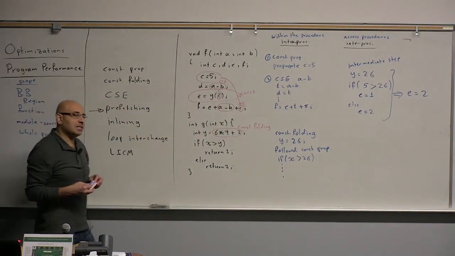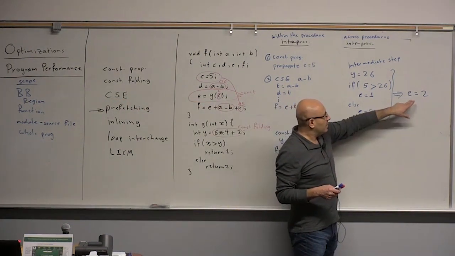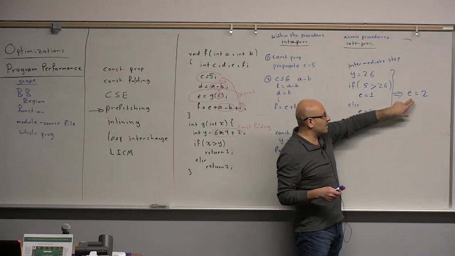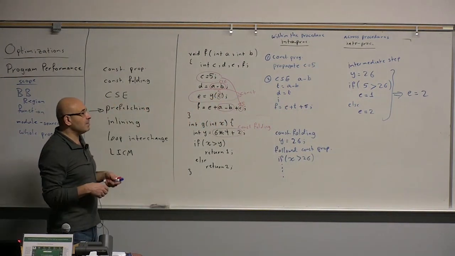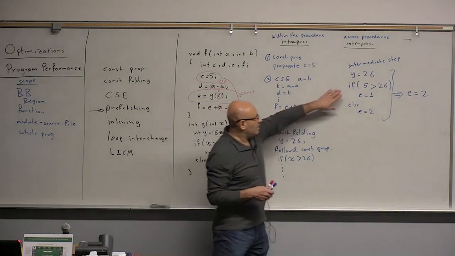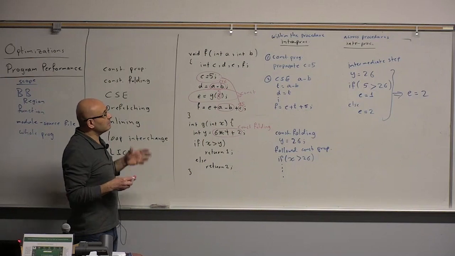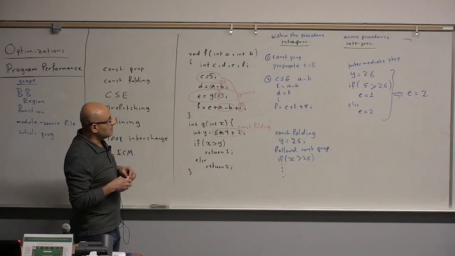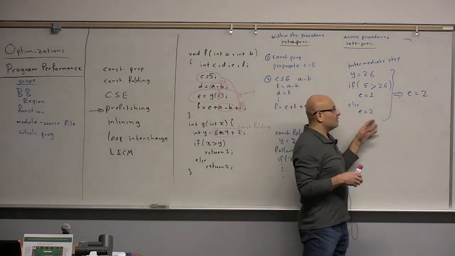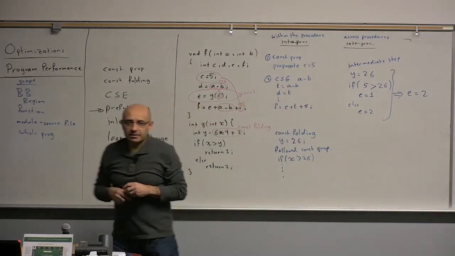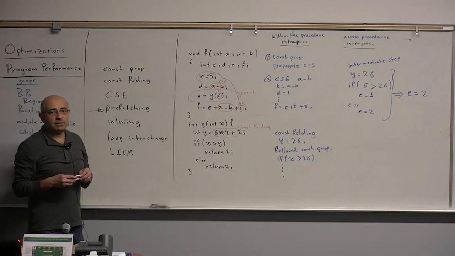So whether the optimization will be smart enough to capture all that we wanted to capture and set E to 2 will depend on the specific algorithm. So the algorithm may miss this, and it may still keep the if-else, depending on what is being implemented. So when you are asked a question like this, just give all the optimizations that you think can be done. In fact, a question like this can be answered more wishfully, compared to